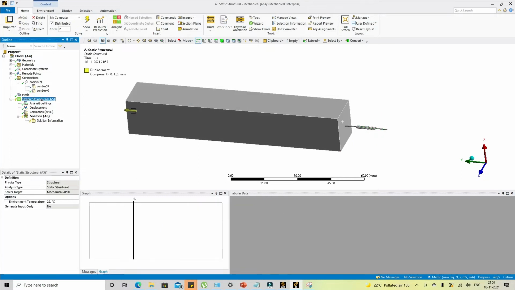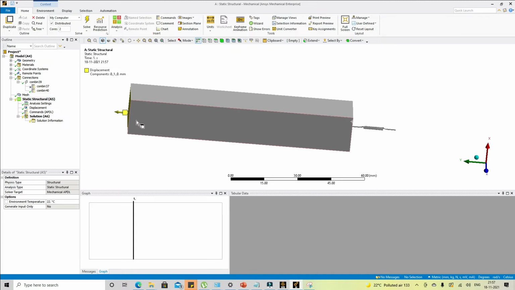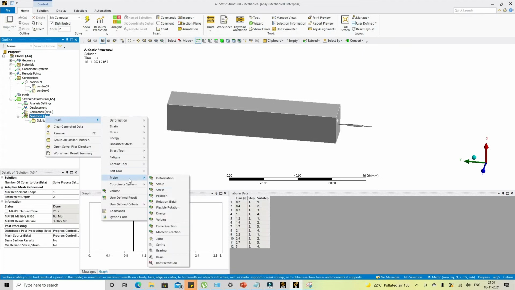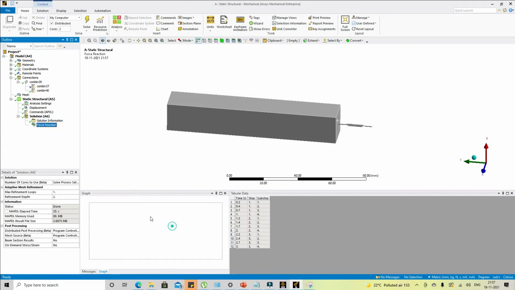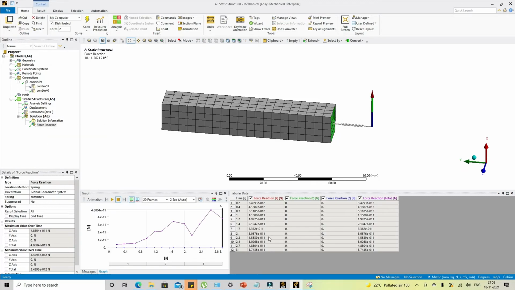Now if we run this model, you can see we had given some k value of 77,000, and if we are pulling this, we expect that some force will get generated in the spring. If we check the reaction forces, I can go back to the spring and use COMBIN39. I can see that the forces are near 0. It means that it is not actually transferring any force.